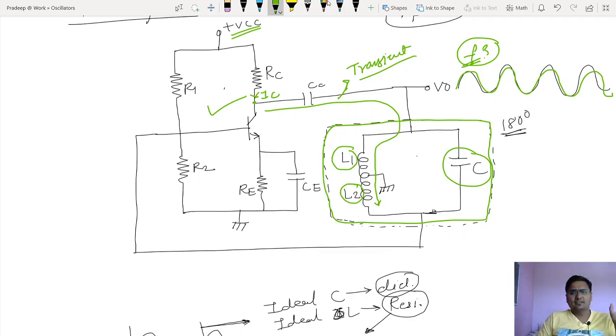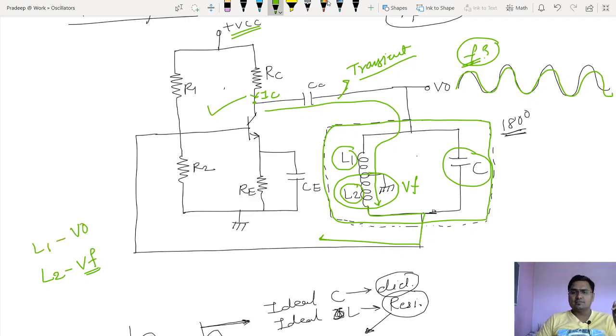Because it suddenly comes, it produces a transient current, and because of that transient current, some voltage is developed across L2, the inductor which is connected at the lower side. This voltage is my feedback voltage, because that voltage is fed back to the input. So the voltage across L2, I will call it a feedback voltage. And the voltage across L1, I will call it an output voltage.